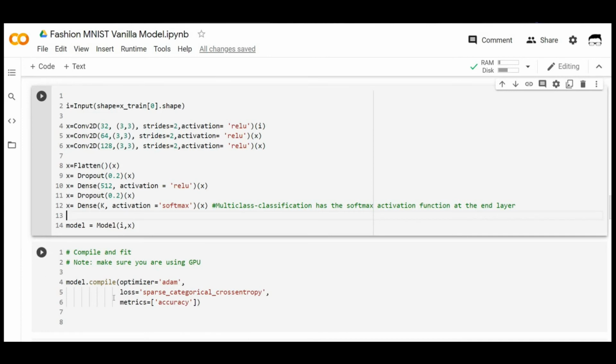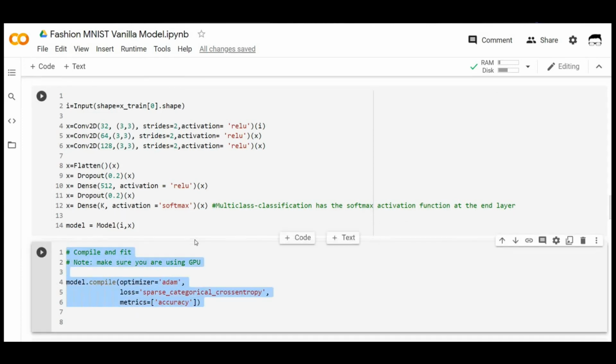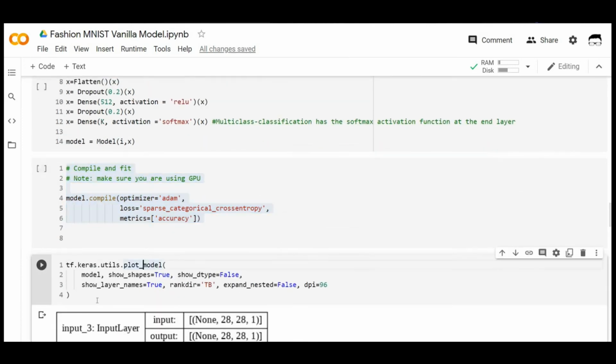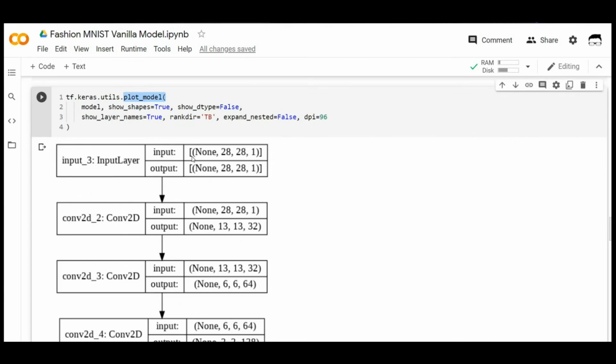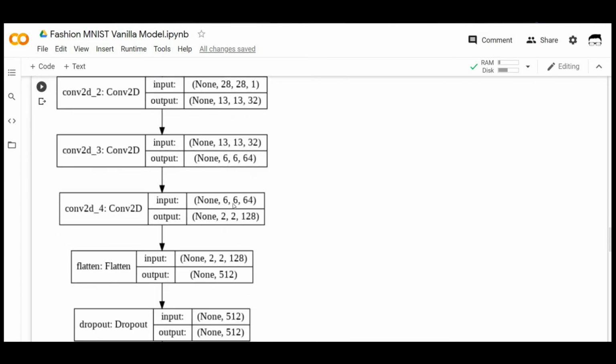And then we've compiled the model, and in this step we've visualized the convolutional neural network architecture that we created above, and this can be done using the plot_model function. So here is how you would be able to see all the layers. For example, initially we had our input layer, then we had three convolutional layers.